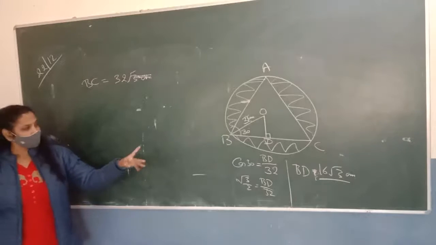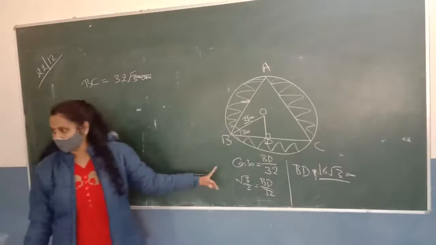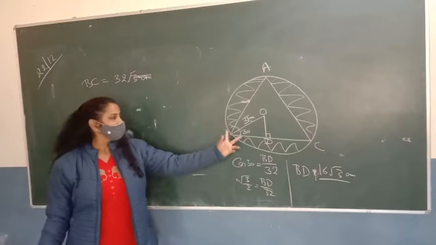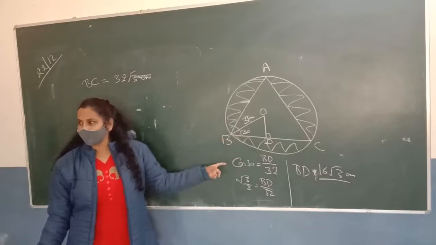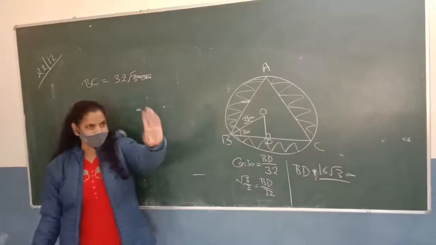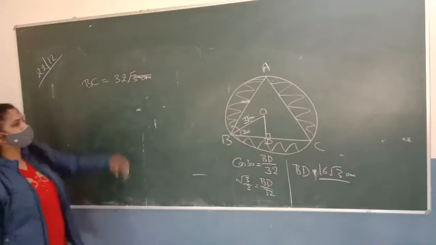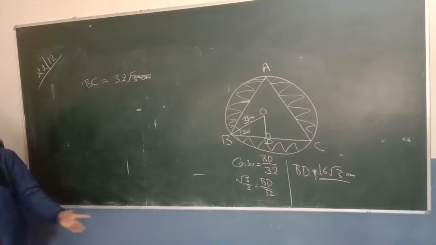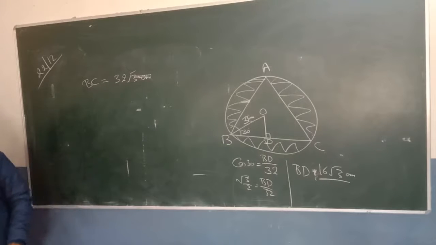So in this question, we have to use trigonometric ratio. We know the length of the hypotenuse, so we can find the base by using cos 30. And after finding the base, we can find the length of the side of the equilateral triangle, and by this we can find the area of the triangle. This question is your choice, you can do it if you want, or not, because it is not in the syllabus. Okay?